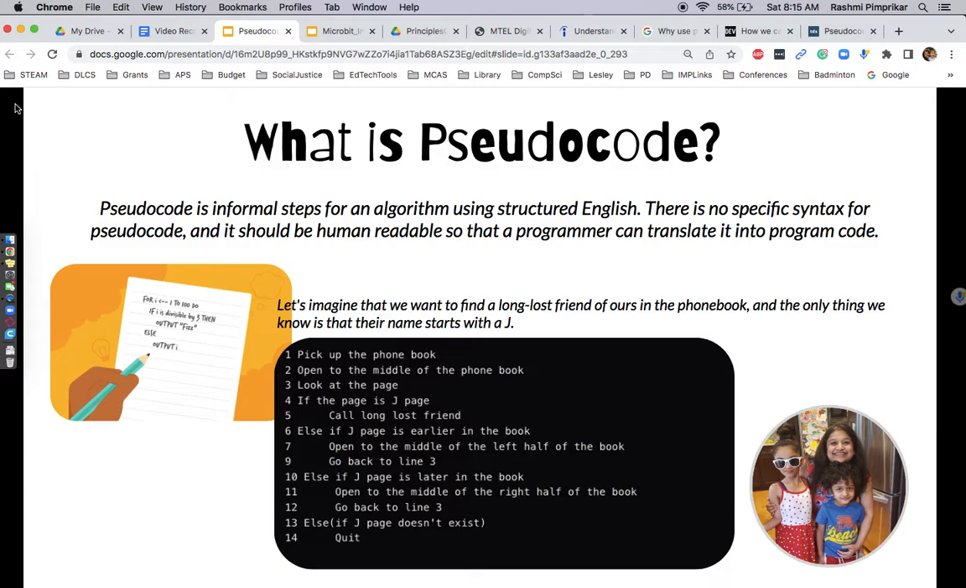Simply put, pseudocode is used to formalize steps taken to solve a problem, in this case, an algorithm. So let's imagine we are back in the days and that we want to find the long lost friend of ours in a phone book. I don't know how many of you remember the phone book, but if we have to find a long lost